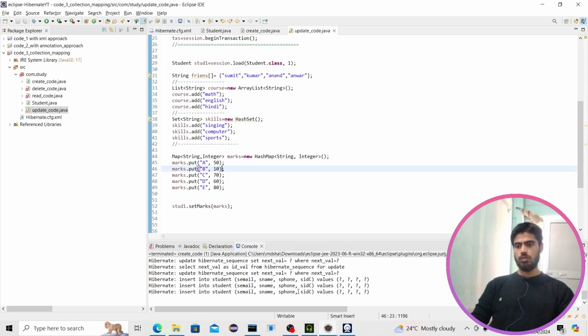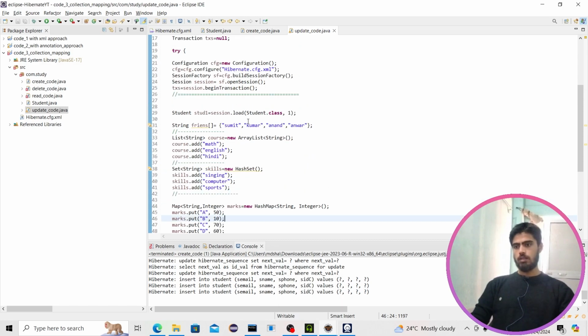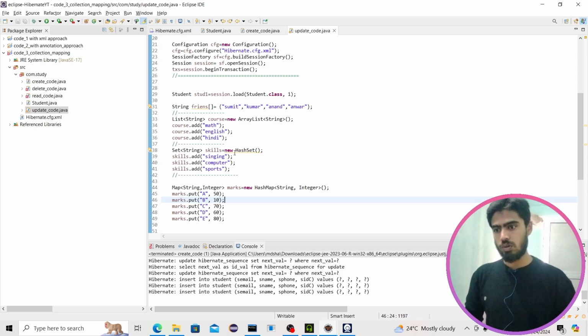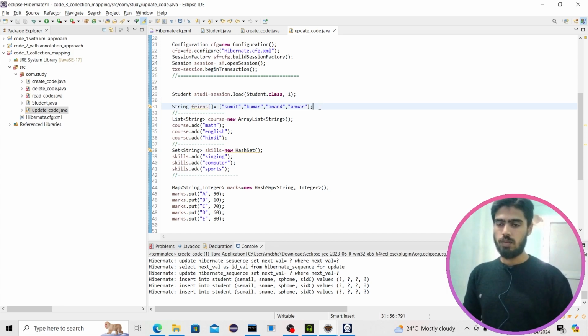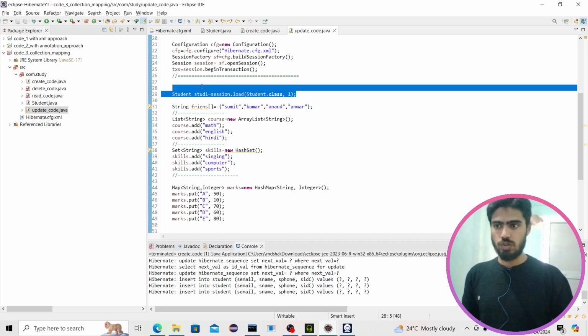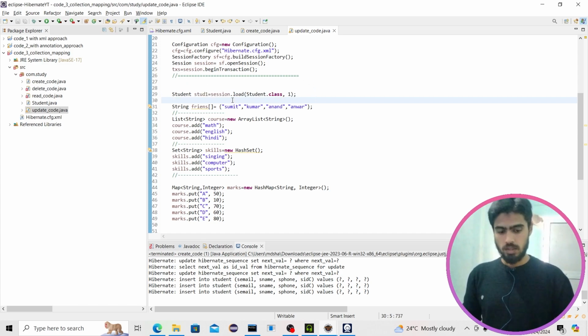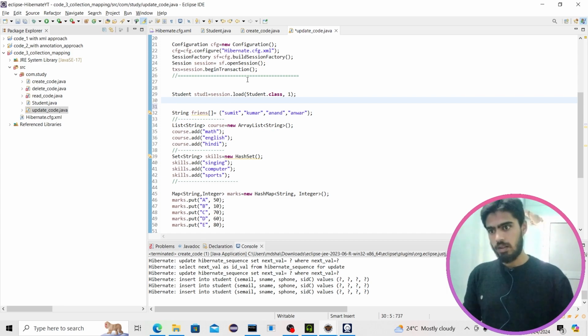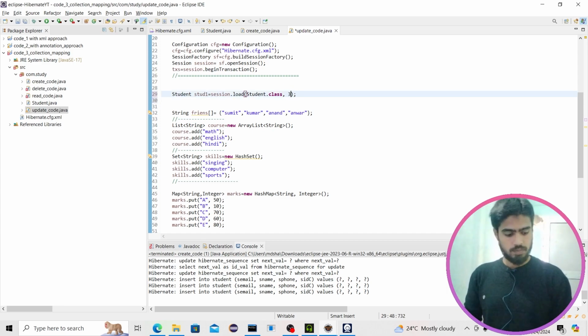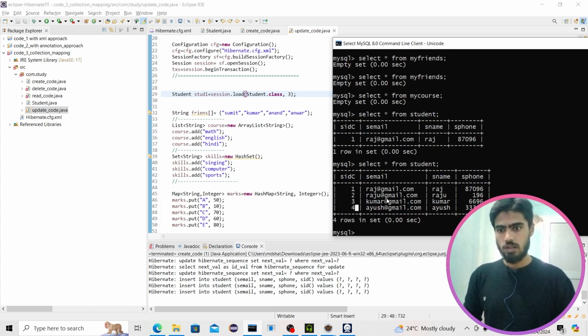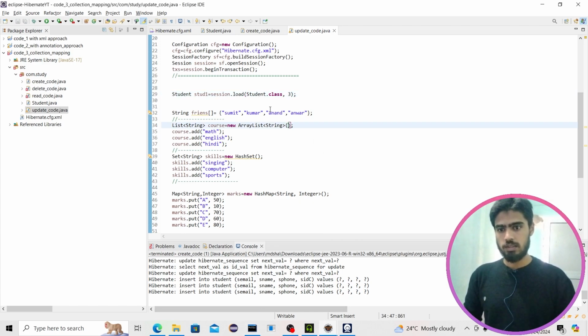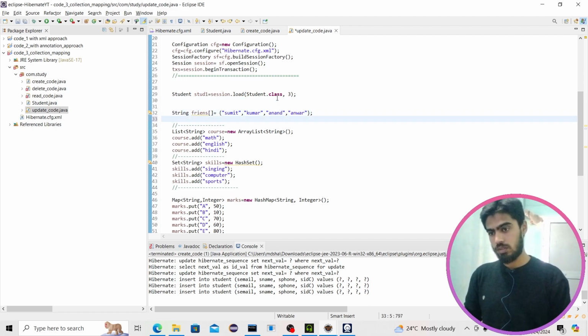Now we want to insert students, skills, courses, marks, friends. So what we will do, first we have to load these students. So for which student we want to provide friends? Here we loaded the student, suppose 3. At 3, Kumar is the student. For Kumar, we want to insert, suppose